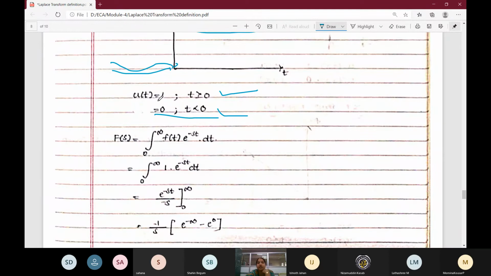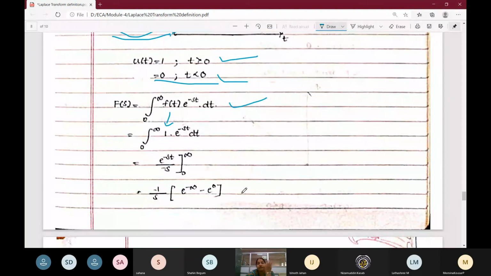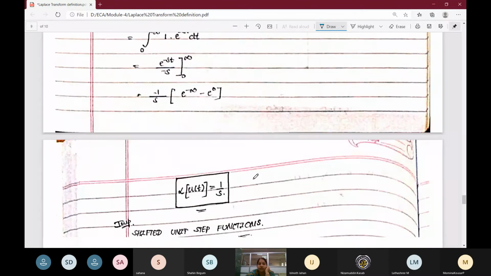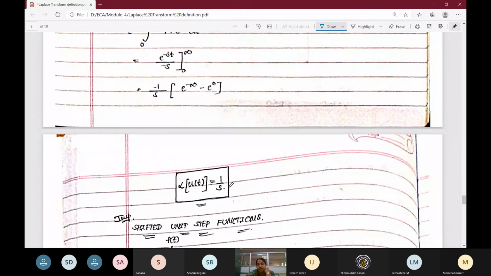So what is the function now? Constant is 1 now. So instead of f of t, first write the definition of Laplace transform. Instead of f of t, just substitute 1. What will be the Laplace of the constant 1? It is nothing but 1 by s. We have seen that for k it is k by s. So just follow the steps here, put the upper limit and lower limit. So the Laplace transform of the unit step function, whose magnitude is 1 and which is defined when time is greater than 0 and is 0 when time is less than 0, is 1 by s.